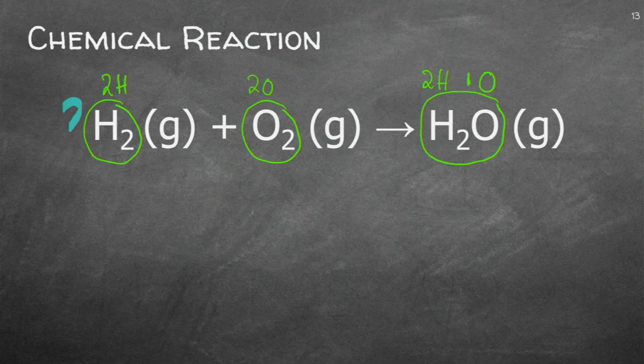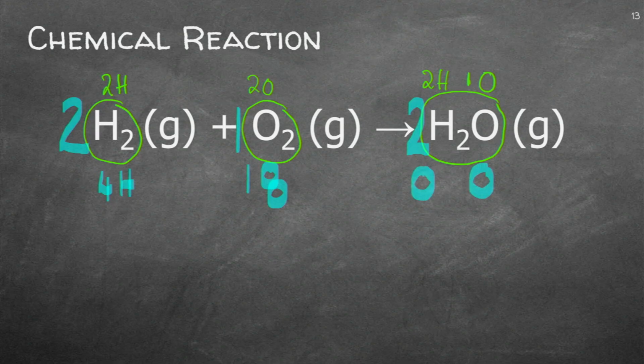If you put a 2 in front of the hydrogen, I've got 4 hydrogens going in. If I put a 1 there, I've got 1 oxygen, but it looks like that. So it's 2. And I've got to put a 2 there, which means I've got 2 hydrogens on every 1 oxygen. Can you see I had 2 like that, which is 4. 1, 2, 3, 4. 1, 2, 3, 4. And if I check my oxygen, I've got 1, 2, 1, 2.